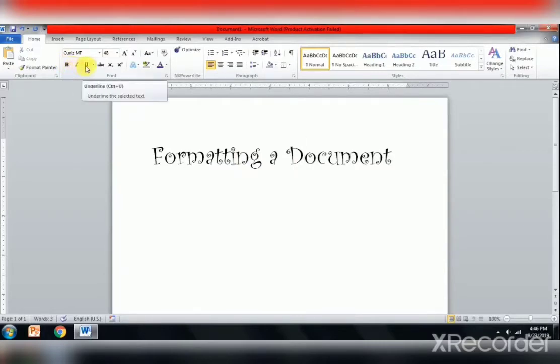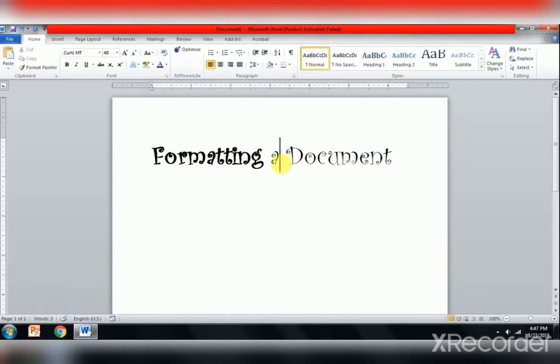You can also use bold, italic, underline options. They are available in the font group. Now, let us understand how to apply bold, italic and underline effects. It is on page number 65. You can see bold. I have selected the text and clicked on bold. Just select the text and click on the bold button, that is in font group. Similarly, you can make it italic or underline the same way as you have made it bold.